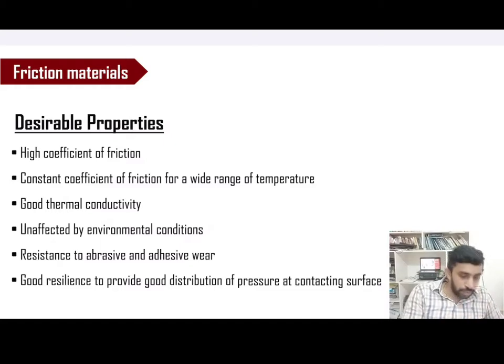If your friction material is not good, you cannot have a proper engagement or proper transmission of torque as well as speed. So friction material is the most important part of the clutch. If you have a failed friction material, the clutch is useless, whatever might be the physical condition or the wellness of other components. The first thing that should be right or designed properly is the friction material.